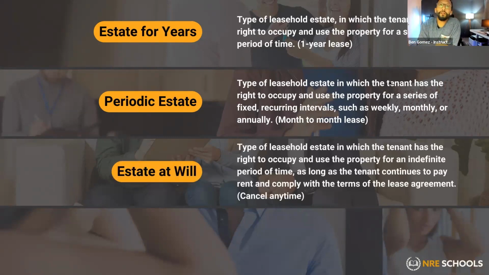An estate at will is the key word to this. This is a type of rental in which the tenant has the right to occupy and use the property for an indefinite period of time, as long as the tenant continues to pay rent and comply with the terms of